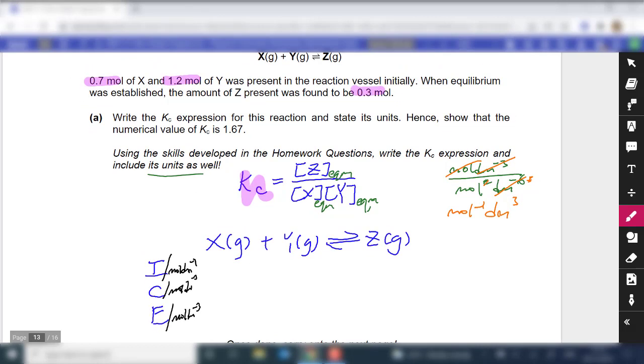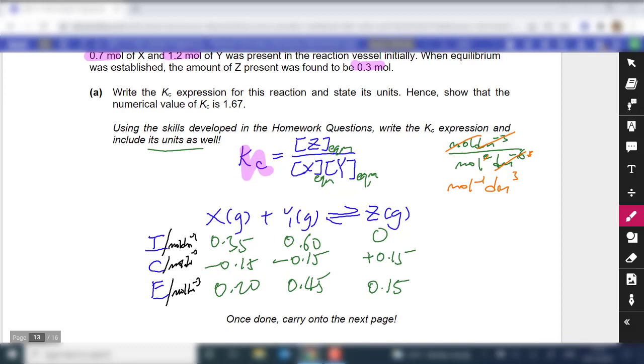So in this case, the initial amount of X is therefore divided by 2, so you get 0.35 moles per dm cube. This will be 0.60 moles per dm cube. You do not have any Z at the start. Okay, you were told that the equilibrium amount of Z present is 0.3 moles, so you divide by 2, that will be 0.15. So if this is 0.15, therefore the change in the amount of Z is 0.15, and then this will be minus 0.15, this will be minus 0.15, you take the difference, you get 0.20 and